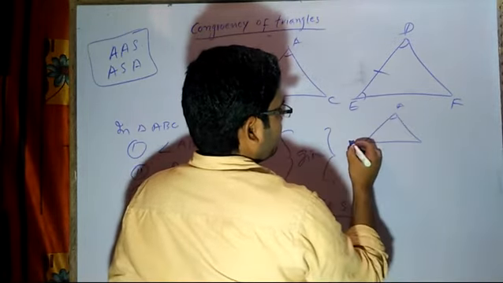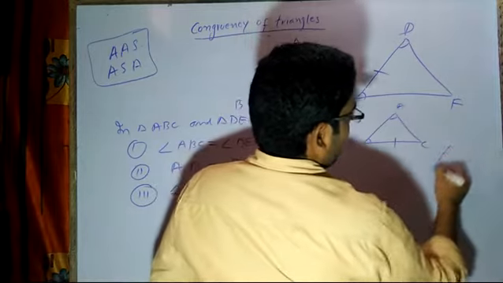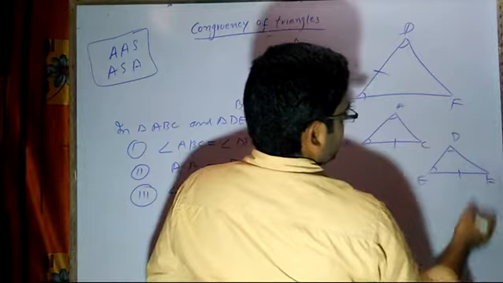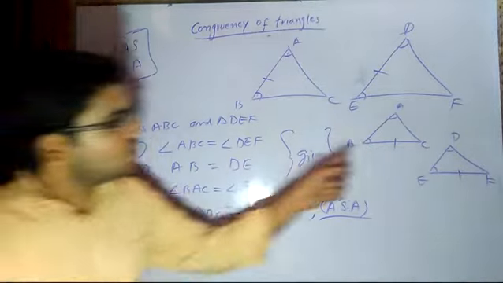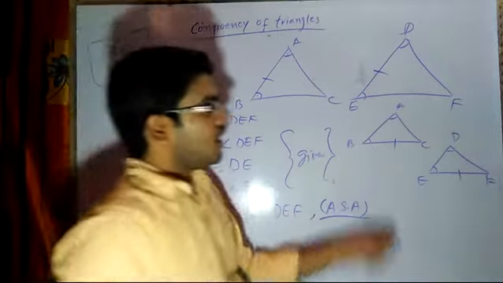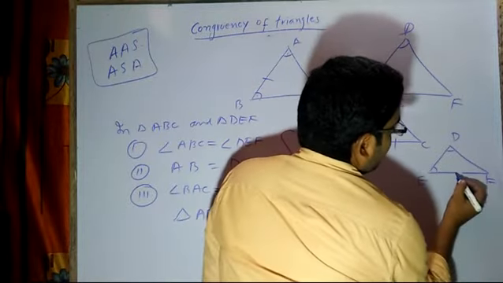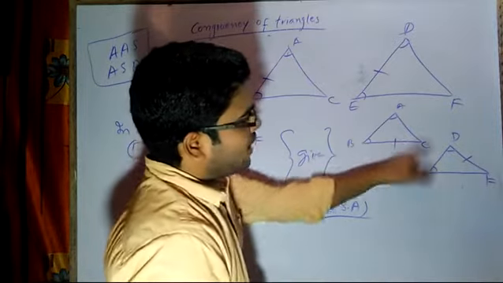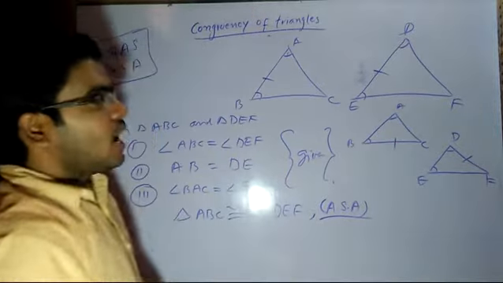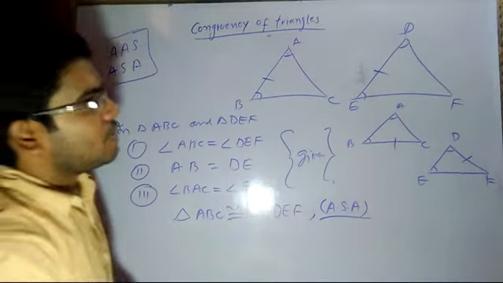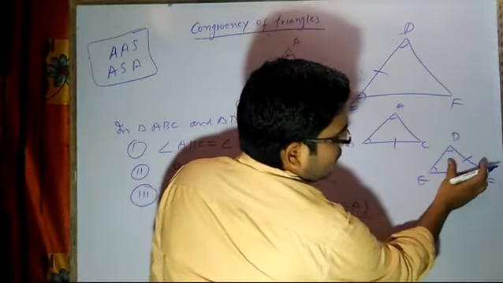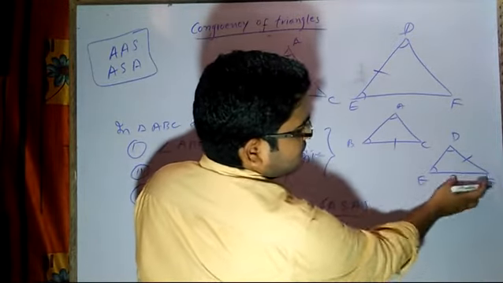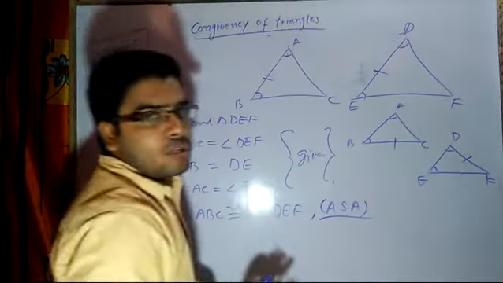Now, if I have another criteria, like if I have one triangle with an angle and this side, and another we are having DEF with angle and side. Now, will I be able to say that these two triangles are congruent? Under any circumstances can I say? Now, let's see. If I try to lift this and put it here, this equal side will not be overlapping here. This side will be here. That means it is non-equal sides.